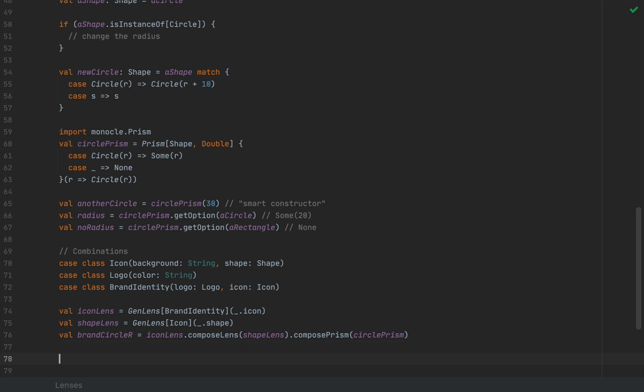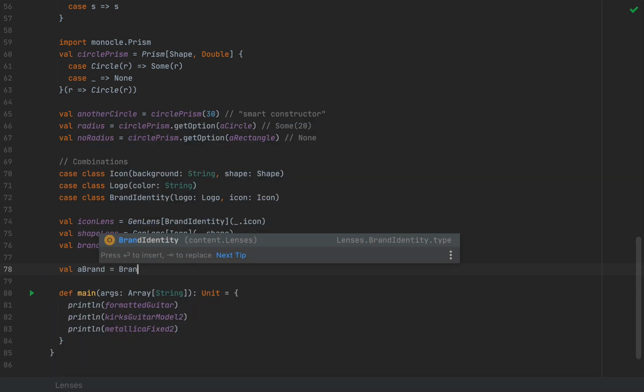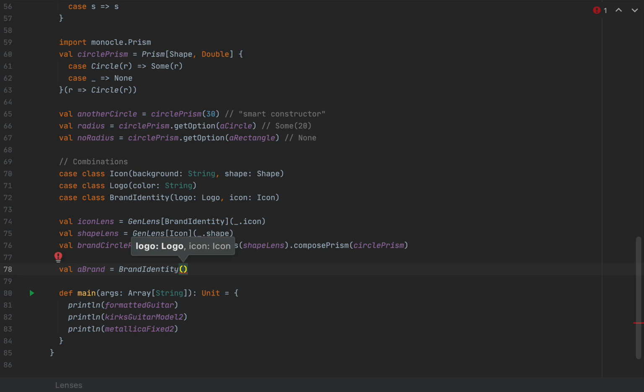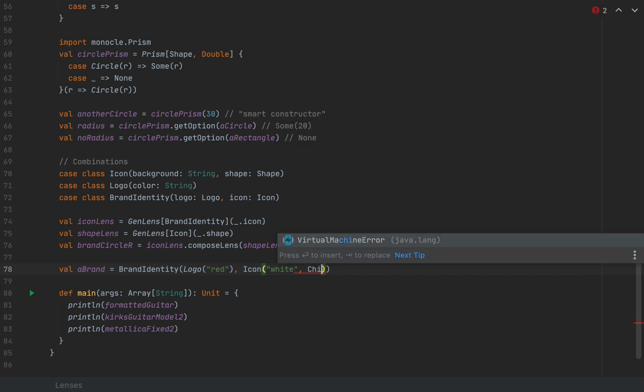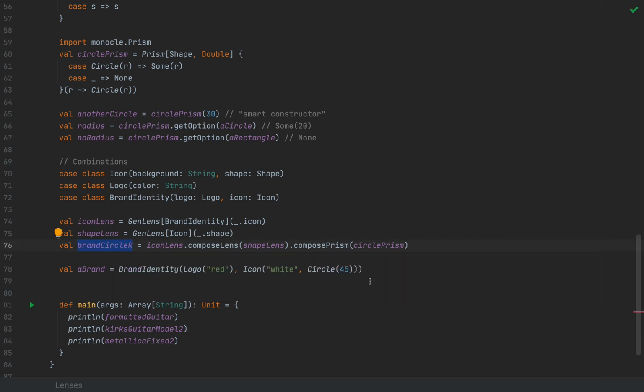Now, with all of these in place, we can take some brands and apply some transformations. So let me define a brand. Let's call this a brand as BrandIdentity with a logo with the color red, and with an icon with the background white, and the shape of that is going to be a circle with a radius 45, for example. And now, with this brandCircleR accessor here, I can modify the radius of this brand identity's circle icon